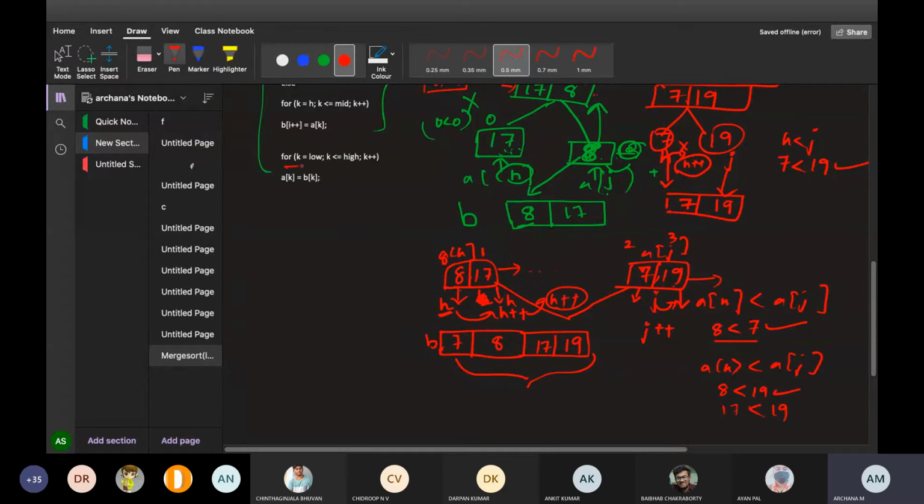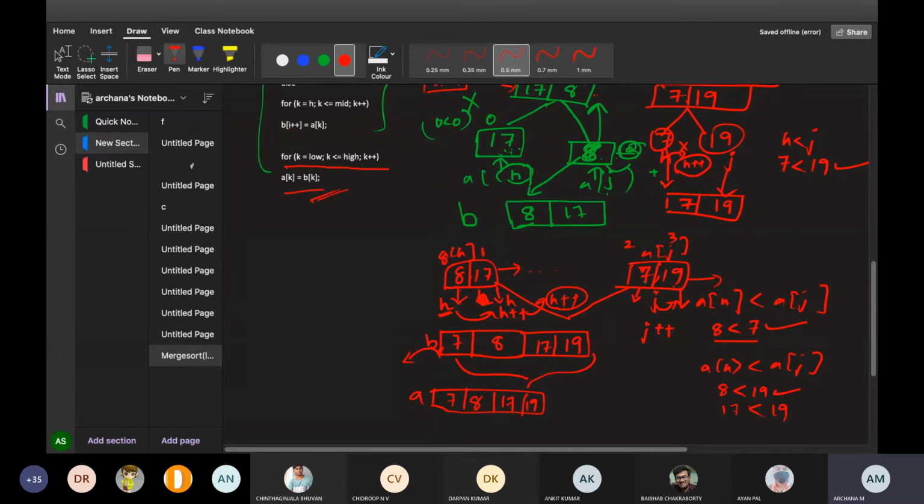Okay. Now finally look here, for k equals low, k is less than or equal to high, k plus plus, whatever the new array you have taken, rename that into array of A, because finally we have to again merge this into two different parts, right? This is what the algorithm is. That is the second part of the algorithm. Understood how that algorithm is explained?